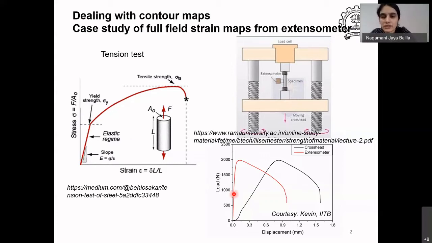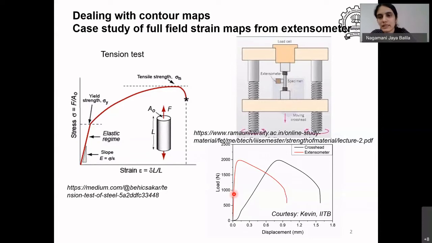Why I talked about the extensometer is that we use the extensometer not just to get the overall displacement of the sample. We can also use what is called digital image correlation. So what is done is you have a sample, you spray paint on the sample in a certain way such that you get contrast on all these points on the sample. And then again, you shine light and you allow it to deform, much like the specimen that Professor Preeta Pant was showing, where they had a coating and the coating sort of broke open, and therefore you could measure strain. So these image correlation softwares are available.